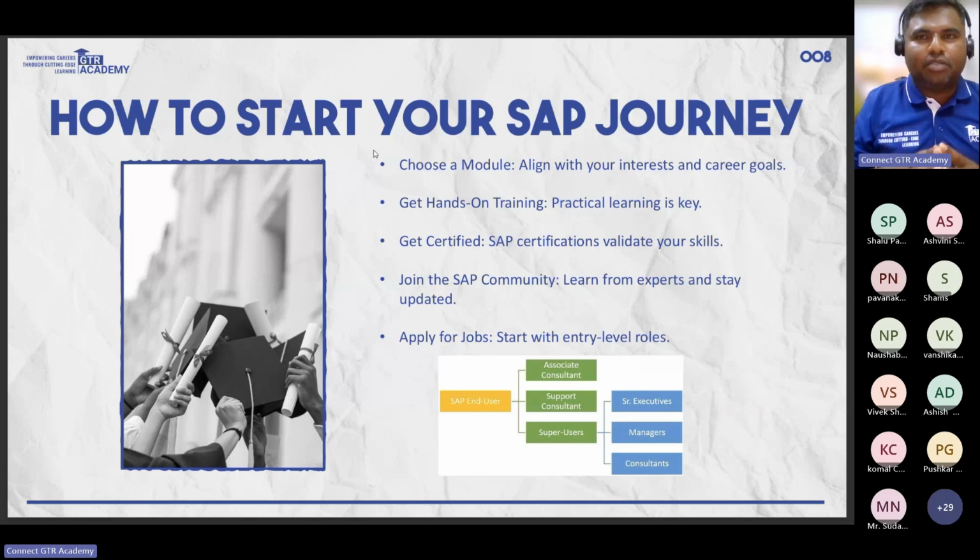I am interested in terms of finance aspects, then I will go for SAP FICO. So your interest and your future career goal play a very important role in terms of choosing which suits for you. Okay, so coming to the training point of view, we are going to provide hands-on training